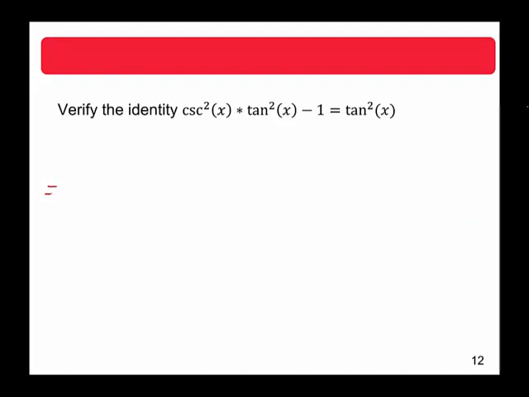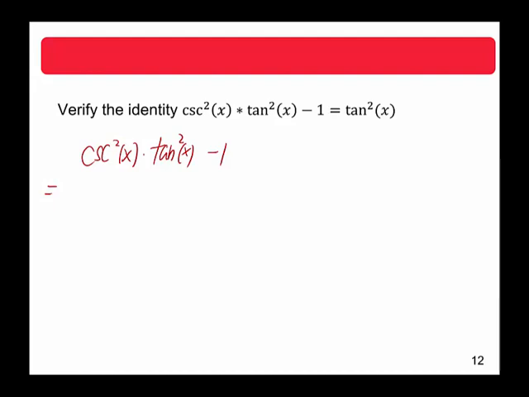The last question. Cosecant x squared times tangent x squared minus 1 equal tangent x squared. So right here, again, copy the whole thing, right? Cosecant x squared. Left hand side looks more complicated. I'll copy the left hand side. So right here, we're gonna turn